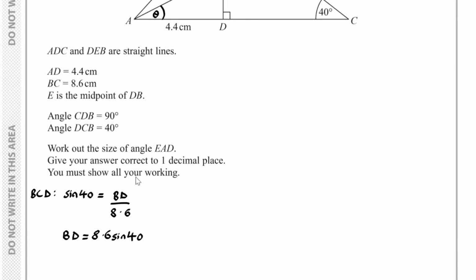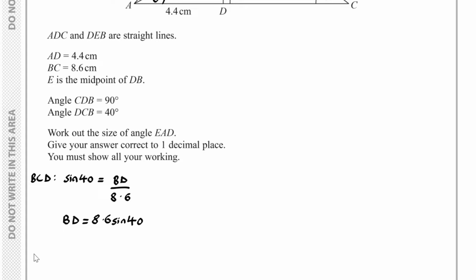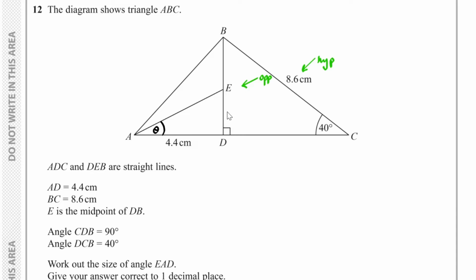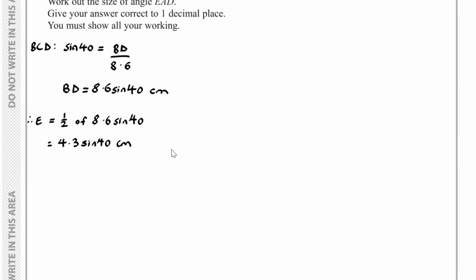And because E is the midpoint of BD, we can therefore conclude BE is equal to 1/2 of 8.6 sine 40, which is 4.3 sine 40. So we'll add this to the diagram. So this length here is 4.3 sine 40. Okay, and what you can now see, if we consider the triangle ADE,